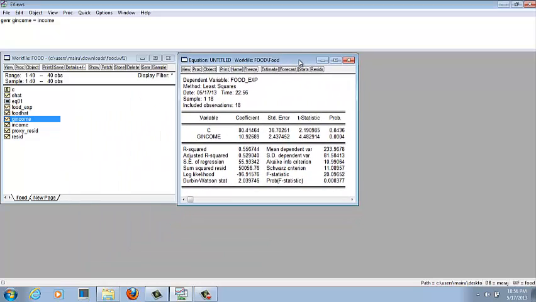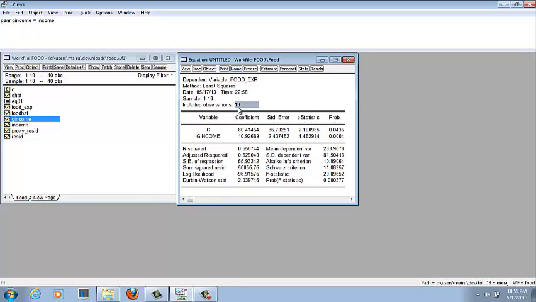So the regression has been run, and you can see here 18 observations. Now the second step is to save the sum of the squared residuals, this value. For this purpose I am generating a scalar variable: scalar SSR1 is equal to @SSR. This is the function @SSR, which gives the SSR of the last regression run. So you can see here SSR1 has been created.